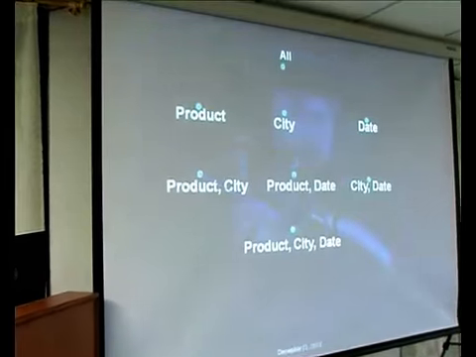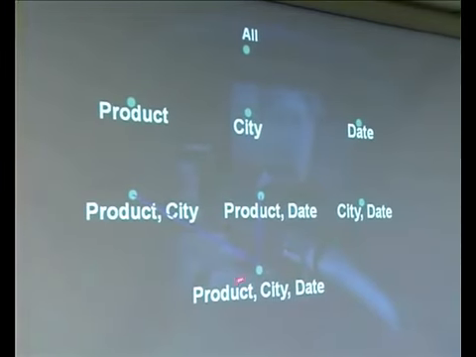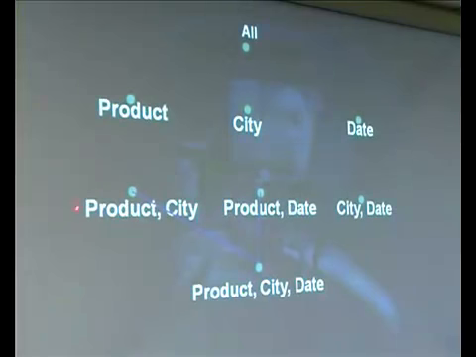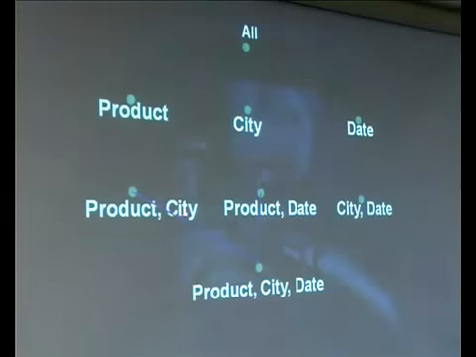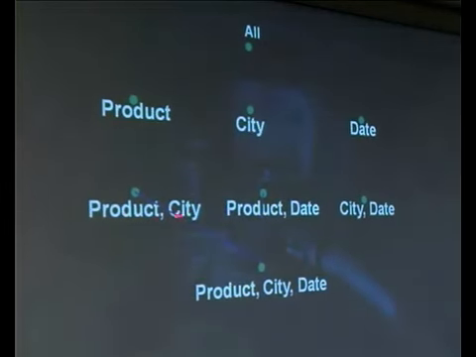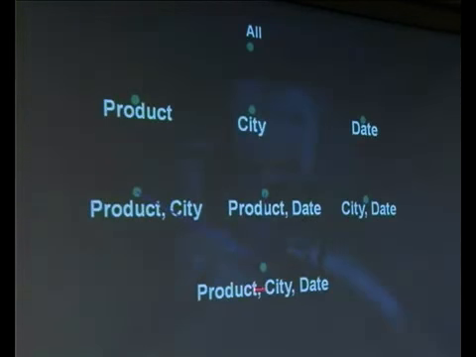Suppose I take the product, city, date combinations of values and the sales, say. Then by using these combinations of values, I can find the total sales for each product over each city. And these product city values are always contained in this, because product city is a subset of this. This is the containment. Even though the containment principle is there, the aggregated values are computed by taking the measures associated with this combination. So this is one kind of cuboid. This is called one cuboid.